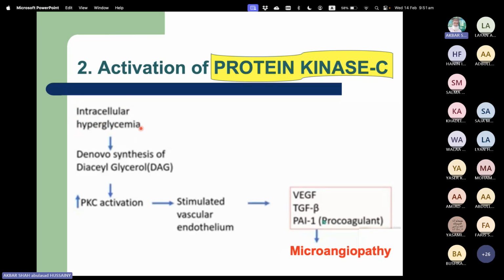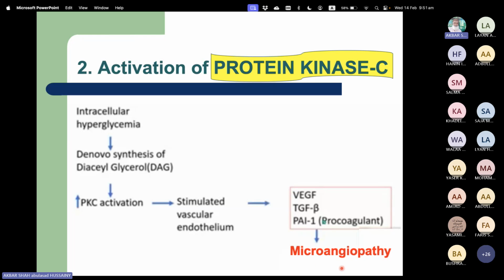Anyway, when there's excessive glucose in the cells, there's production of a molecule called diacylglycerol. DAG, not the dog. You'll remember it easily now, that it is not a dog, it is a DAG. Diacylglycerol is the molecule which is responsible for activation of protein kinase C. When protein kinase C is activated, this will stimulate the vascular endothelium and production of all these same factors, and